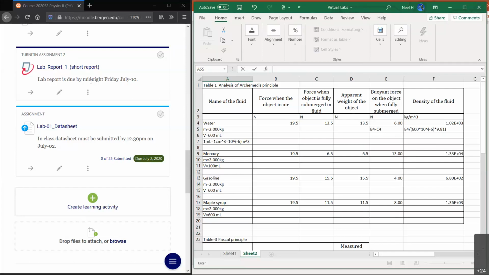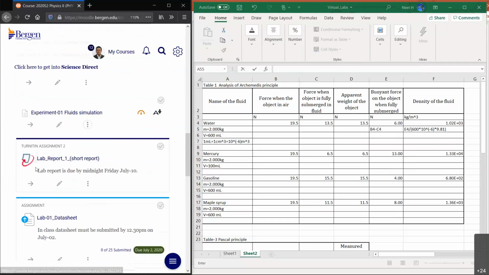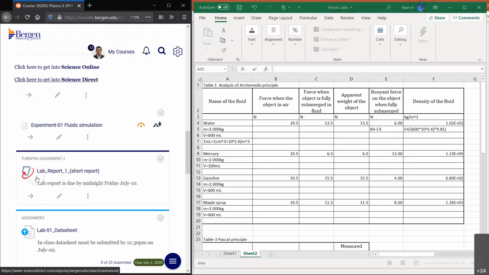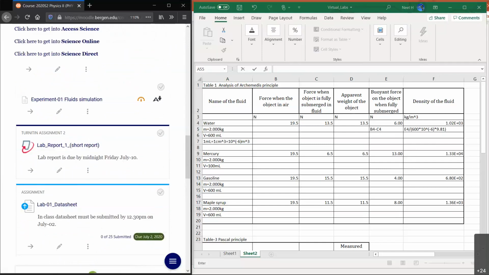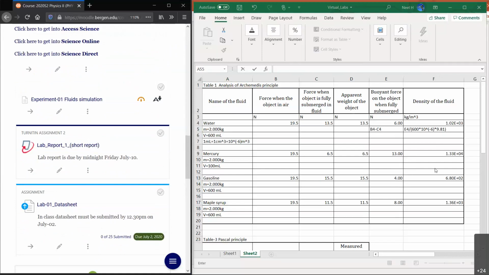Correct, yeah. So you see this, it says lab report is due midnight Friday, July 10. The data sheet must be submitted by 12:30 or before, July 2, okay, today. Okay, so let's take a break. Let's start at 10:15 and then continue the chapter we were working on yesterday, okay? Yeah, for the report you have a whole week. For the first 2-3 weeks you're going to have the whole week, but as we close in